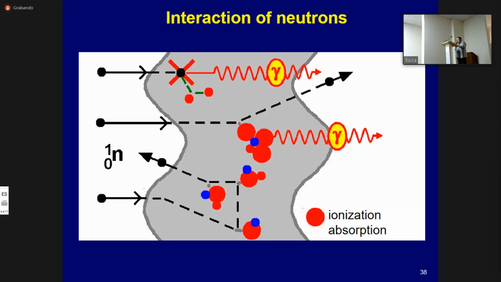Due to the fact that neutrons do not have charge, they lose their energy practically only when interacting with the nuclei of atoms of the medium and have a high penetrating power. The interaction of neutrons with matter is a random process that includes three effects: elastic scattering, inelastic scattering, and absorption. In the first one, the neutron collides with a nucleus and bounces off it. In this case, some part of the kinetic energy of the neutron is converted into the kinetic energy of the atomic nucleus, leading to the slowing down of the neutrons.